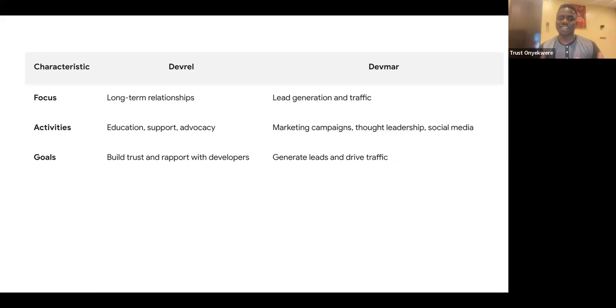When it comes to the activities that differentiate DevRel and developer marketing, activities may be interchangeable. For example, I can see on the screen, developer relations activity is education. They'll do workshops, they'll do videos, they'll support on Discord or any other channel for support, advocacy, do conferences, they'll hold hackathons, all of those things happening in developer relations. But developer marketing is the same thing, although we call it different things, but it's the same.